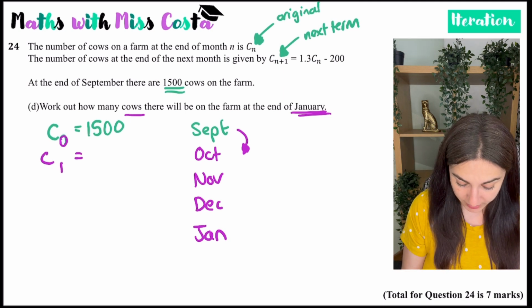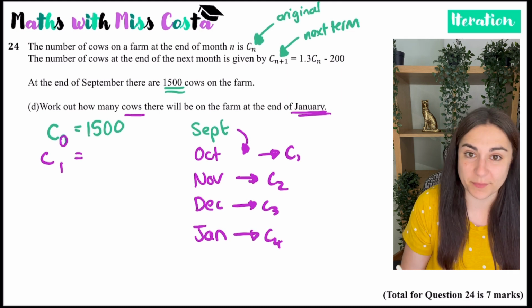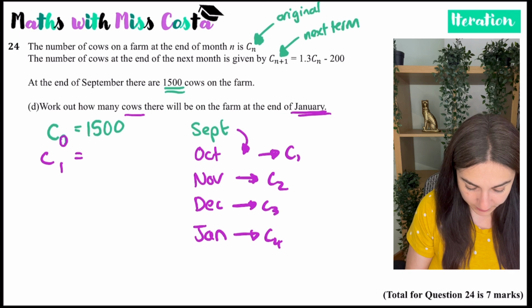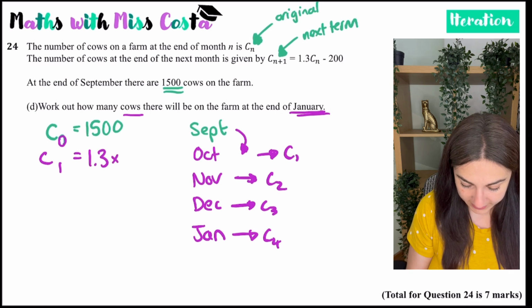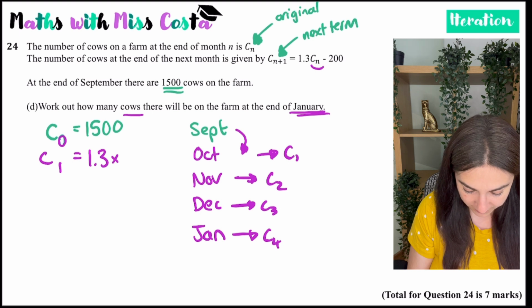At the end of October, that's going to be C1. This would be C2, this would be C3, this would be C4. It essentially means the first term, second term, third term. So C1 would be calculated by doing 1.3 times the previous original value, 1,500,